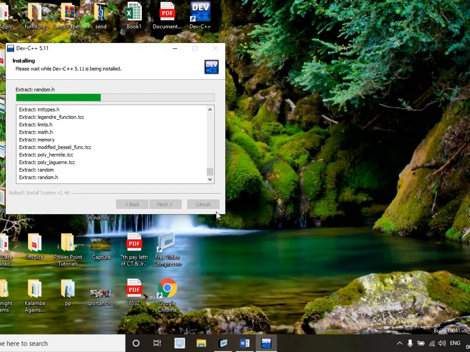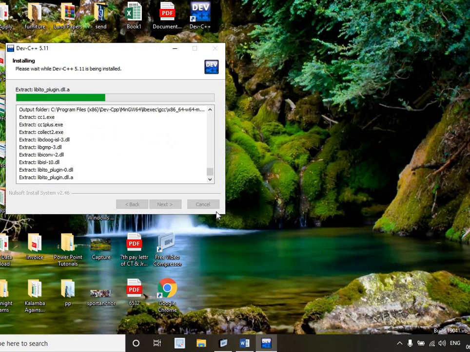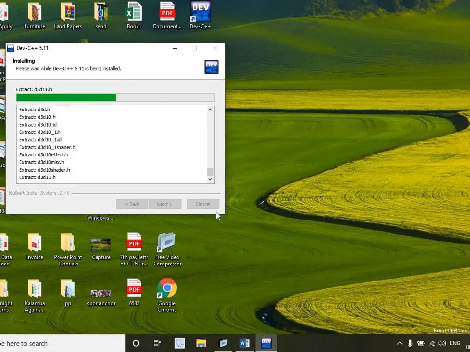But if you use Turbo C, then you can only use the keyboard to write the program and to do things like compile and run. Here in Dev C++ you can use both keyboard and mouse. So it is very easy for us, and the programming is very fast.